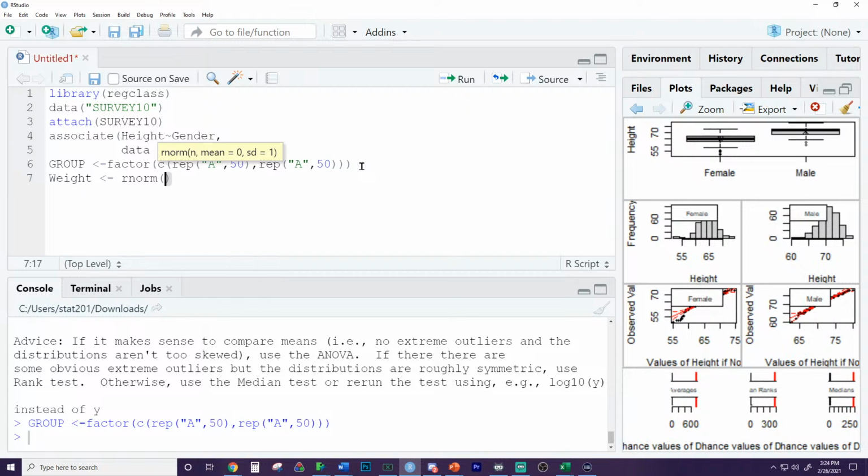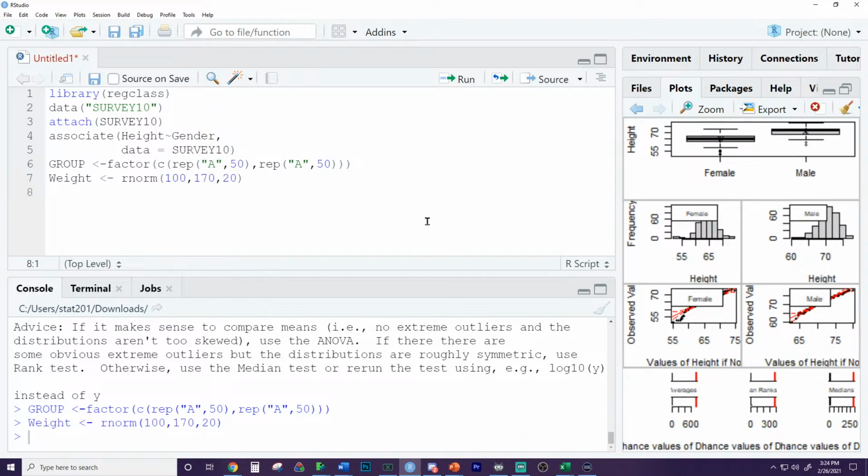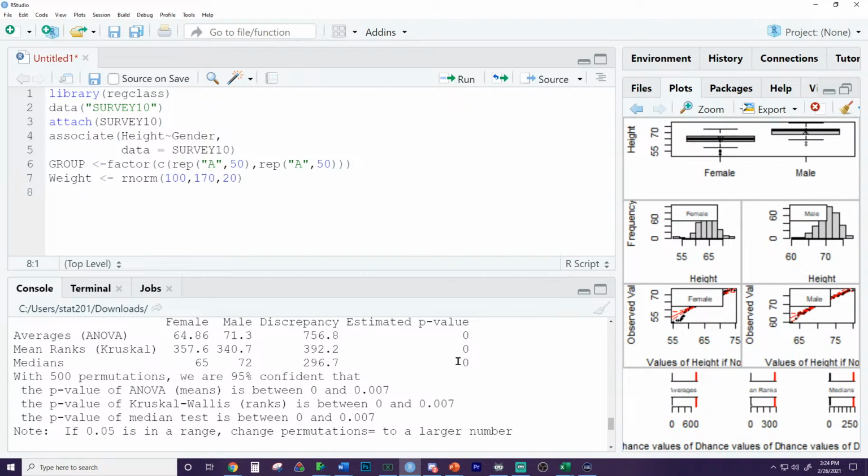And random normal is going to come from the 100 sample size with a mean of 170 and a standard deviation of 20. Okay. So it is statistically significant, exactly. These p-values are statistically significant, which means what? What does that mean about the medians here as I type some code up here? What does that mean about the medians when we think about this p-value being statistically significant?